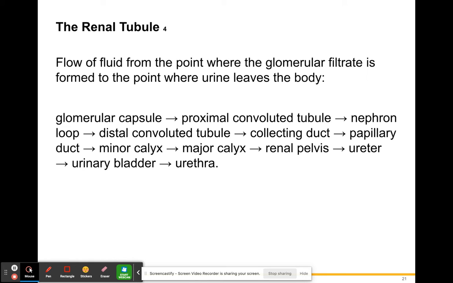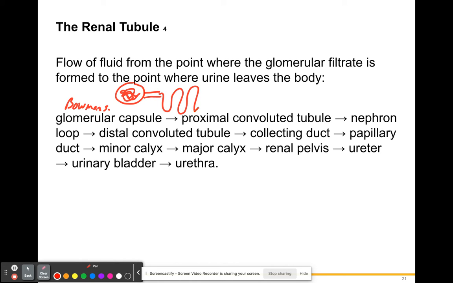Okay, so here's the flow of fluid from the point where the glomerular filtrate is formed in the glomerulus to the point where urine leaves the body, right? So we start off with our glomerular capsule, or our Bowman's capsule. That's that circular capsule, and inside is the glomerulus. Coming out of that is going to be our proximal convoluted tubule. We're going to have something called the loop of Henle, which will end in our distal convoluted tubule, which will then go into a collecting duct, to a papillary duct, which ends in the minor